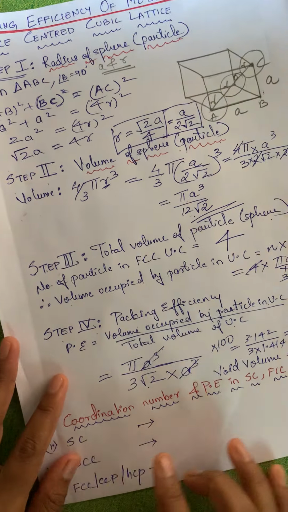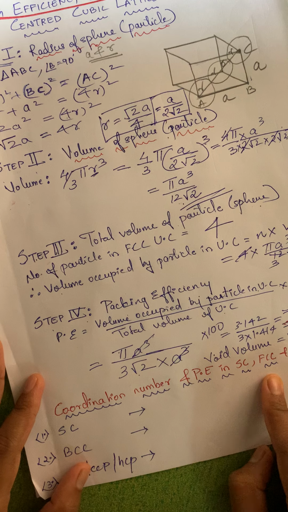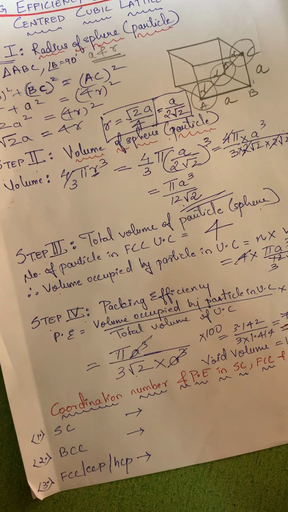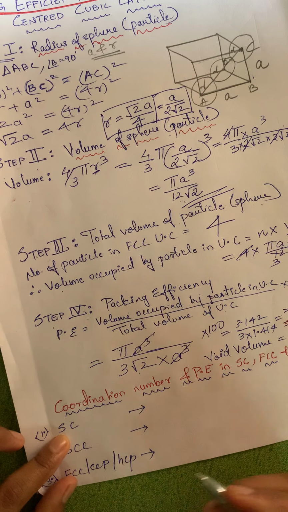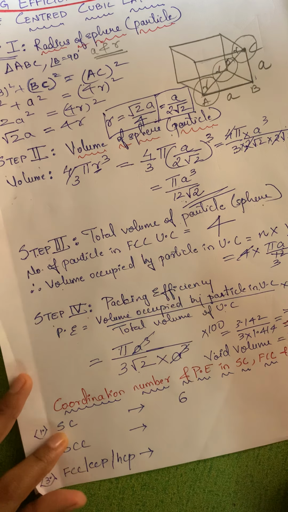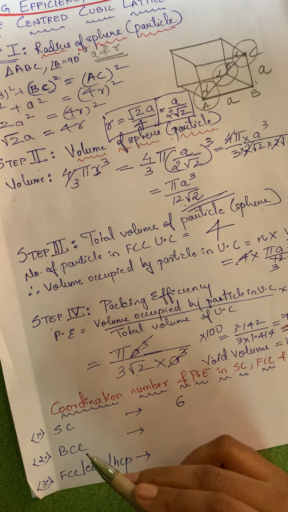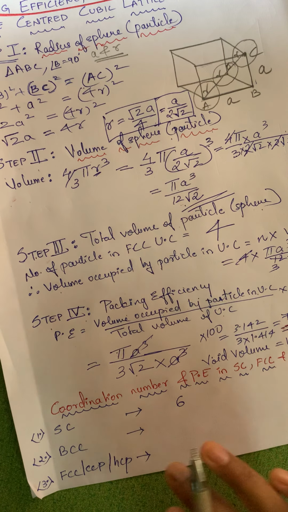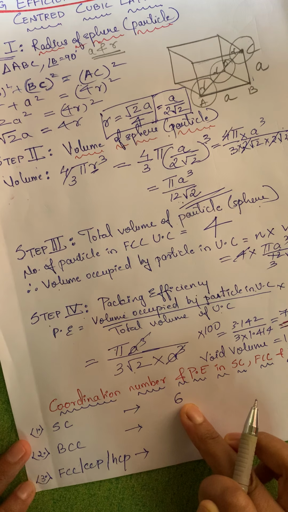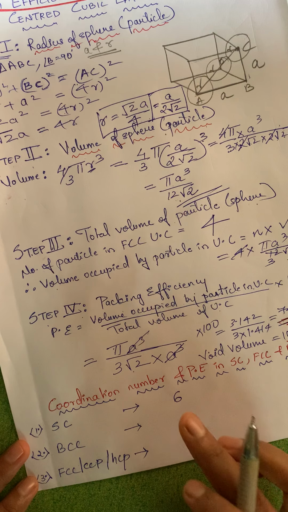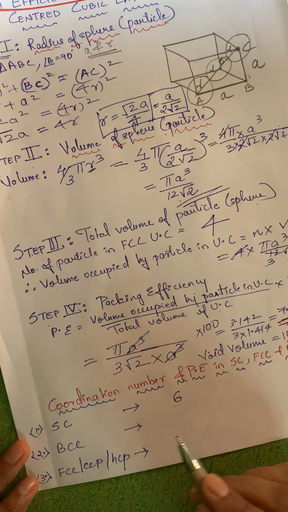Okay. So now coordination number and PE, which is packing efficiency, in SC, FCC and BCC structure. Now in SC the coordination number is 6. Hopefully this is clear. In the simple cubic structure we have learned, square close packed sheets are taken, so in the same plane 4 particles are there, one above and one below, total 6 in number. 6 spheres will be linked with one sphere, that's why we call 6 the coordination number.